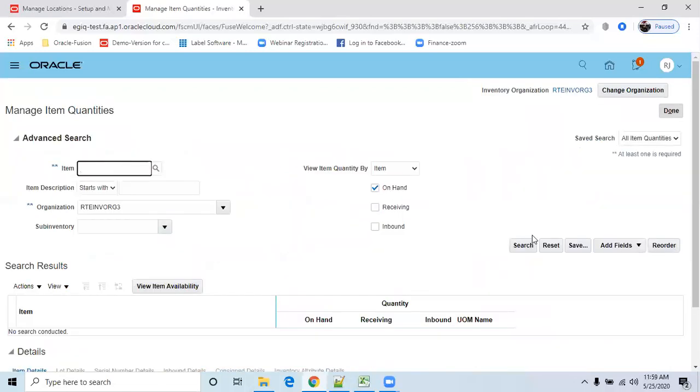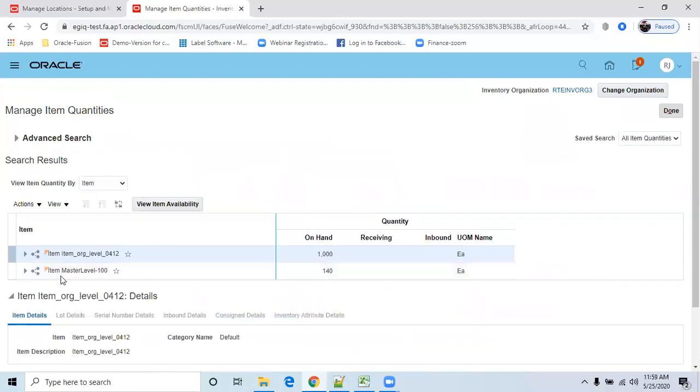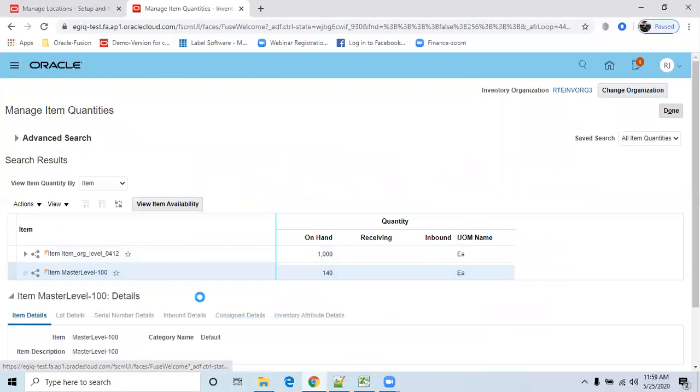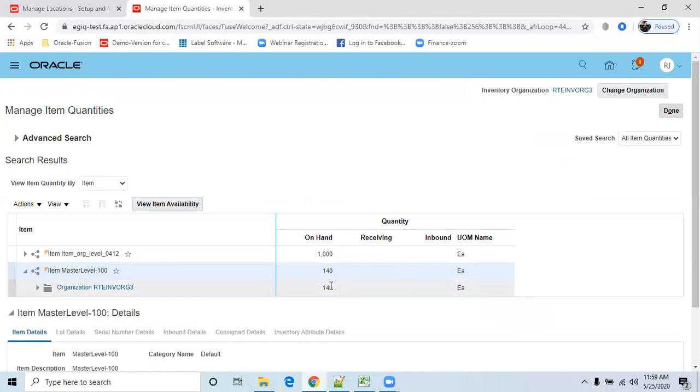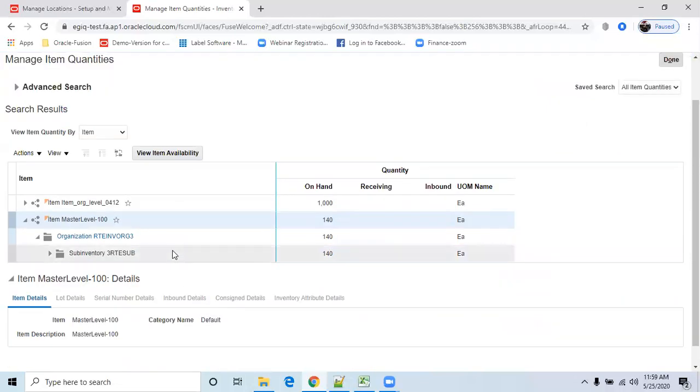So our item, just search. See, now this is our item. Okay. So if you open that, 140 is there. You can find out some date as well. Sub inventory 3 has 140.